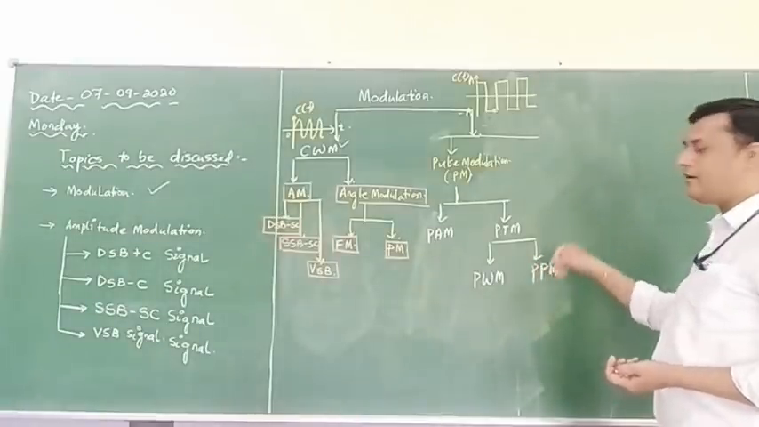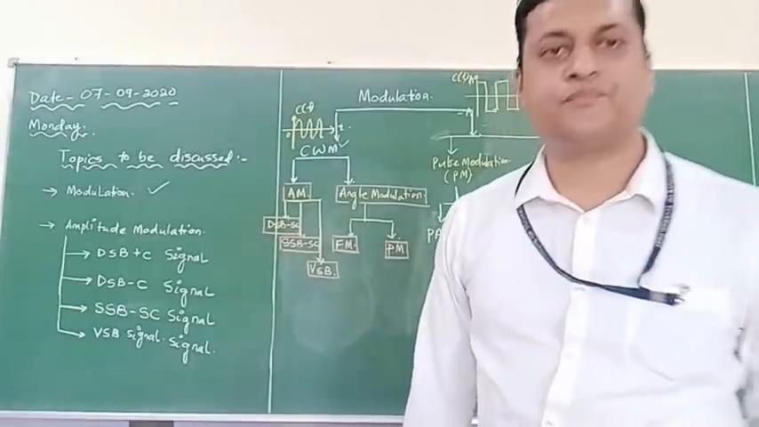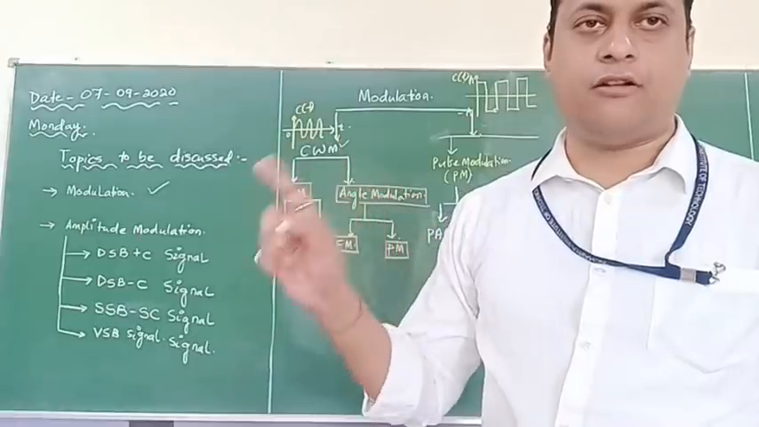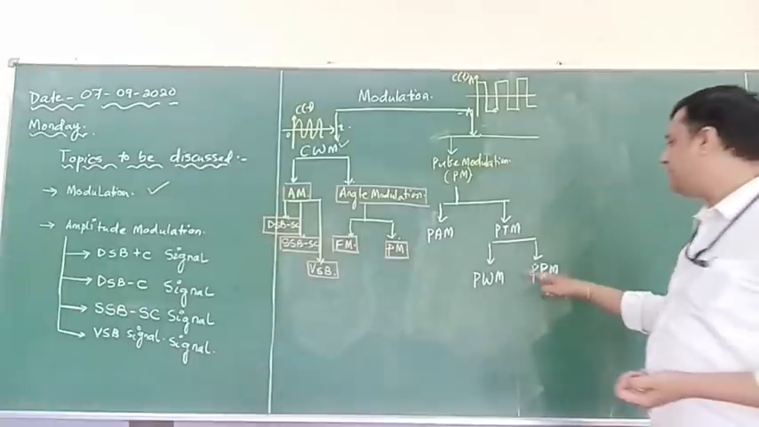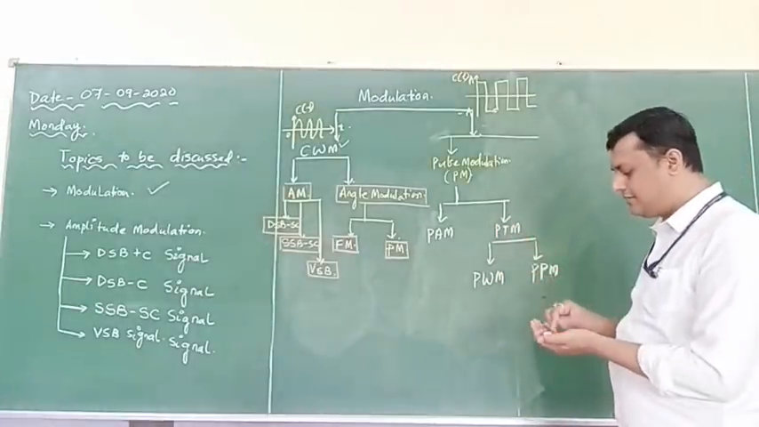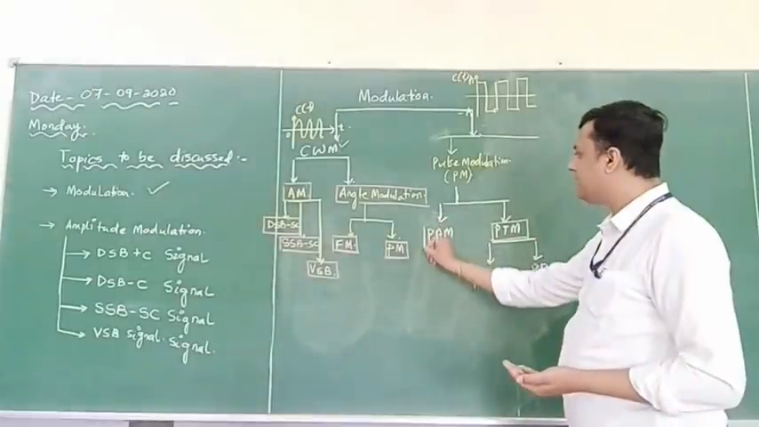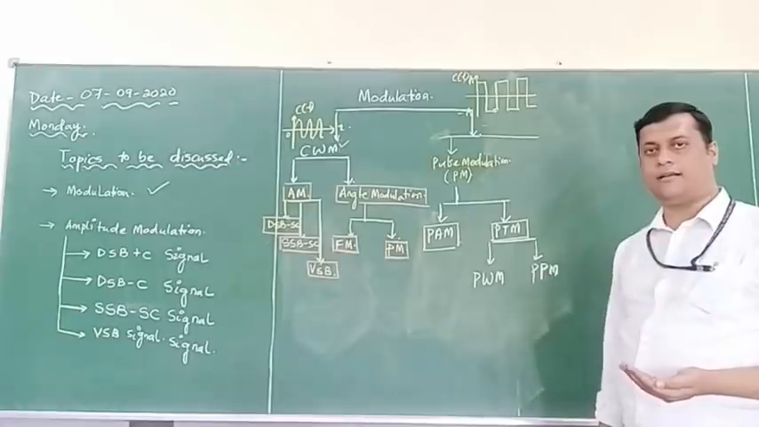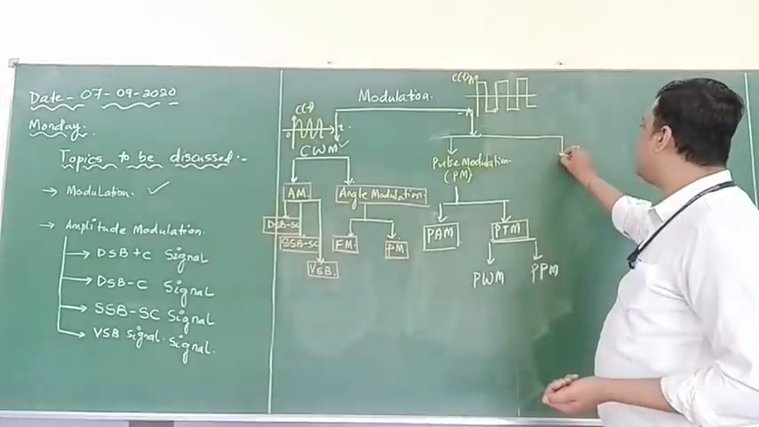If the position of the pulse is going to change with respect to the modulating signal, then it is called PPM. But this PPM and PWM come under PTM, pulse time modulation. And PAM is called pulse amplitude modulation. Similarly, there is another part called